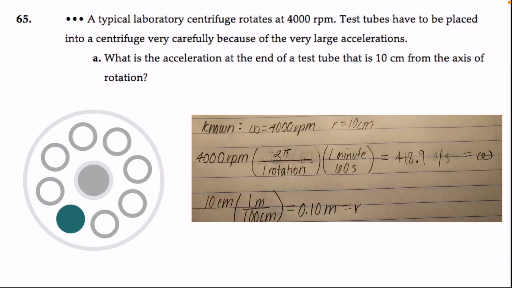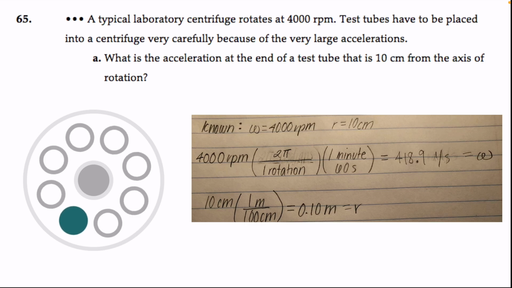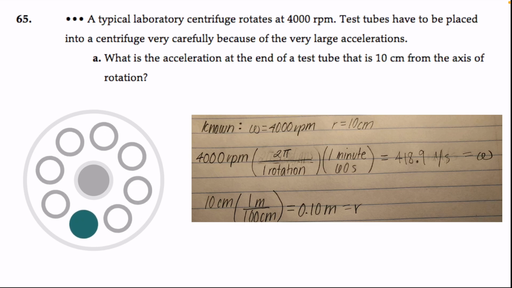A laboratory centrifuge rotates at 4,000 rotations per minute. Test tubes have to be placed into a centrifuge very carefully because of the very large accelerations. Part A: what is the acceleration at the end of a test tube that is 10 centimeters from the axis